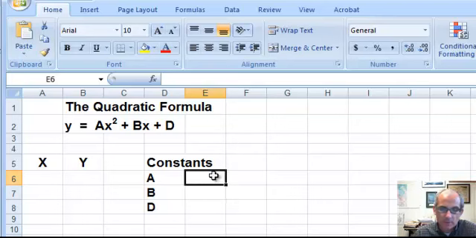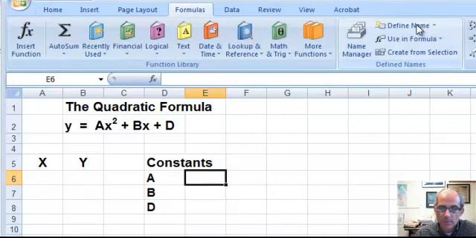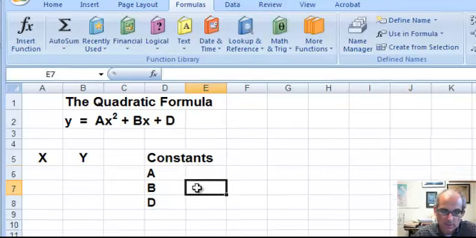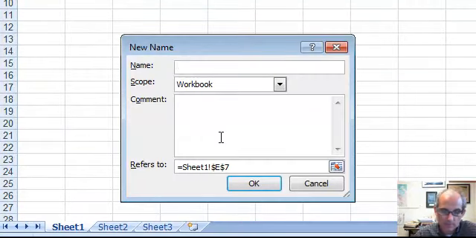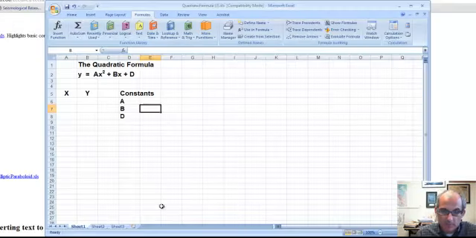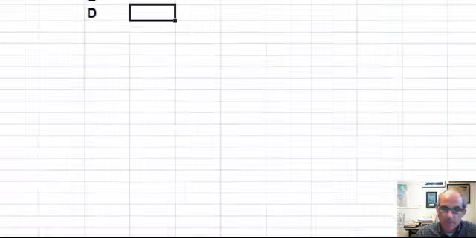So click in the cell next to A, go to Formulas, Define Name. You see Excel's smart because it says, oh, okay, you must mean you want to call that cell A, E6. So yes, let's do B, Define Name. That time it didn't get it, so we'll put B in there. And then D, Define Name,